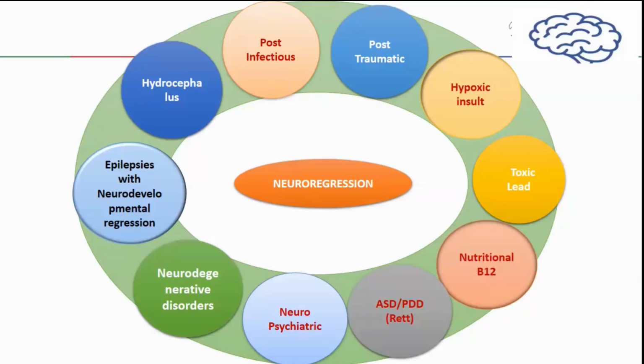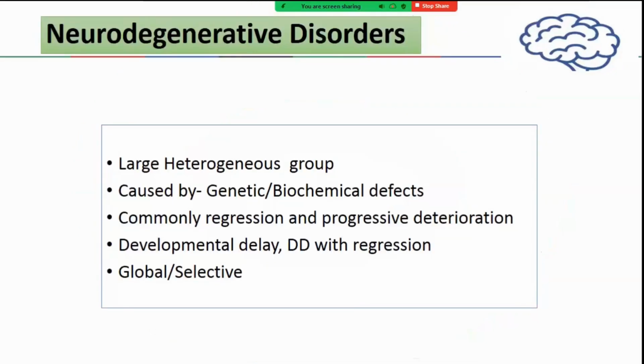So these may all be confused with a genetic cause of neuroregression. So it's a very large heterogeneous group. There are many disorders, very difficult to remember all and make a clinical diagnosis even after doing an MRI. So you need to have a broad concept and a broad classification of which group this particular child may